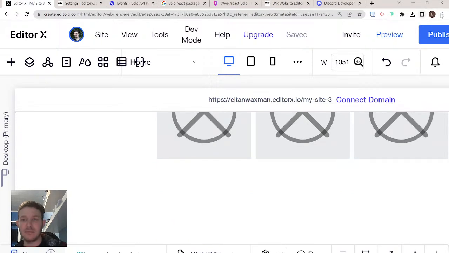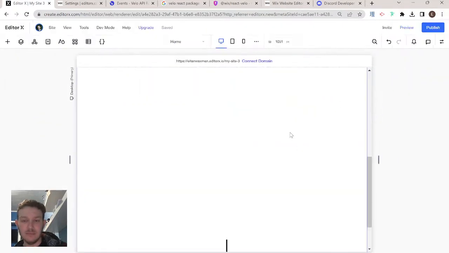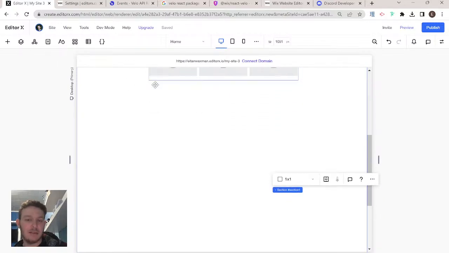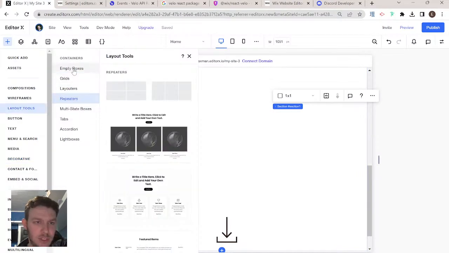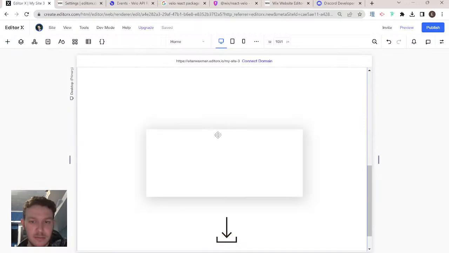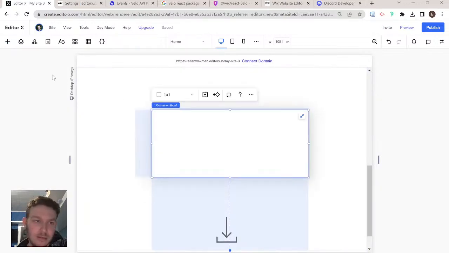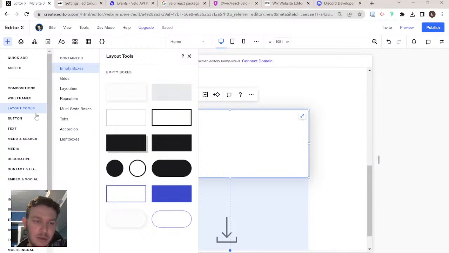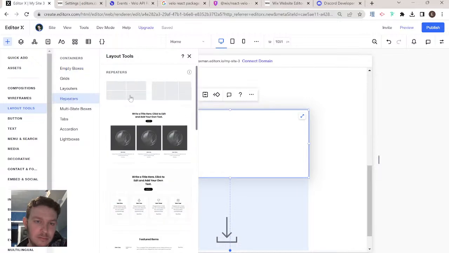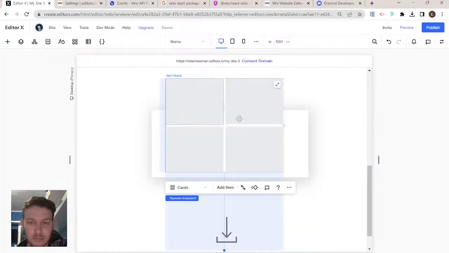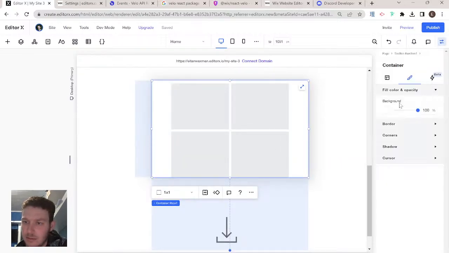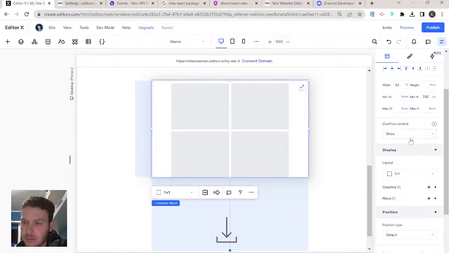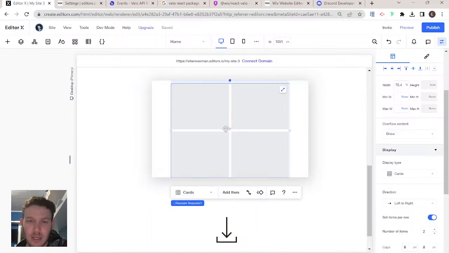So let me scroll out a bit. Let's say I add a container. So empty boxes. And then inside here, I'll put a repeater. And then this, we're going to set to overflow hide. And then this repeater,